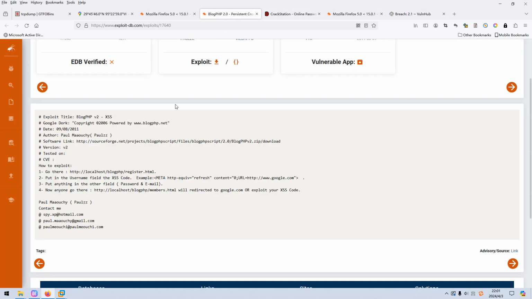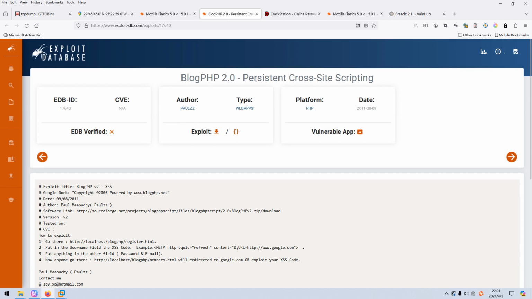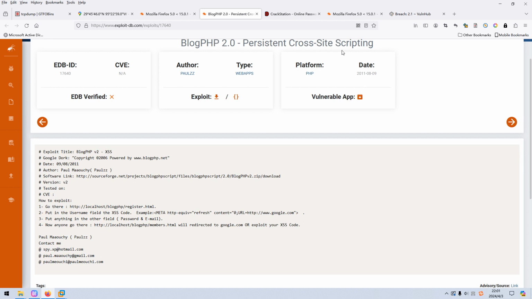You can know that this CMS has a cross-site scripting vulnerability, and here it gives us the instructions on how to exploit. We can go to the register page and put the XSS code in the username field, and then put anything in the other fields. Okay, so